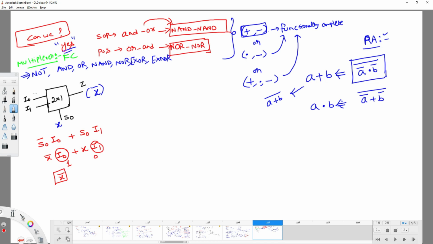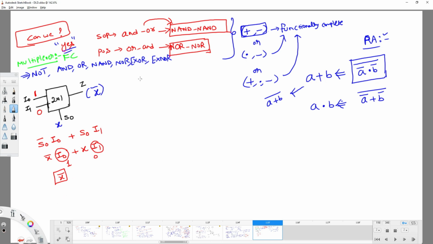So the input for I0 is 1 and the input for I1 is 0. Will this circuit act as a NOT gate? Yes or no? This way you can make your multiplexer act as a NOT gate. Similarly,